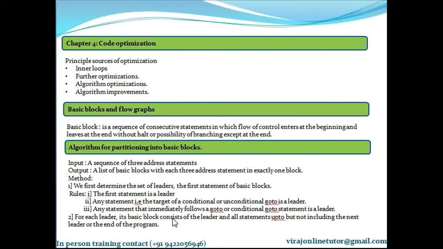The quality of an object program is generally measured by its size or its running time. If I am able to create a smaller size object code, or if I'm able to make a faster running object code, that means I have optimized it, right? It is important that an optimizing compiler attempts transformations that are likely to improve the code without costing too much at compilation. We should reduce the compilation cost, but we should improve the object code that we are creating.